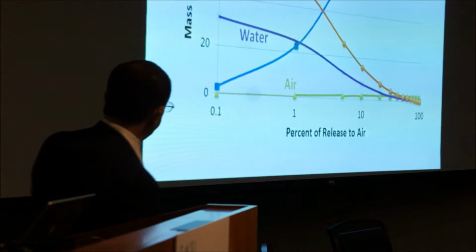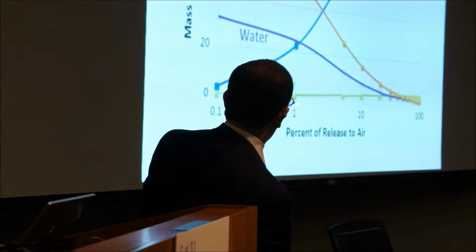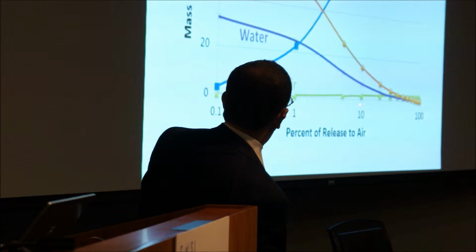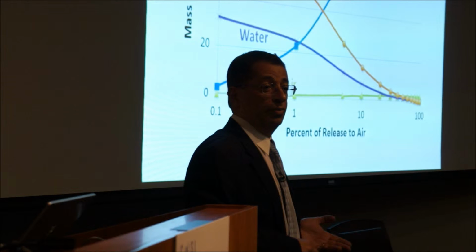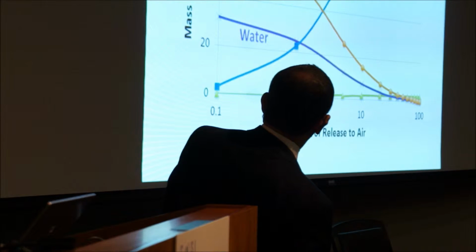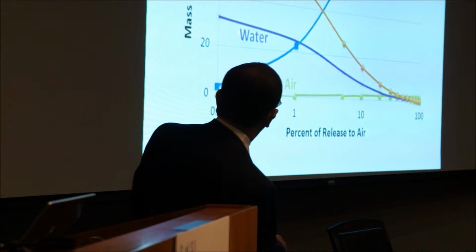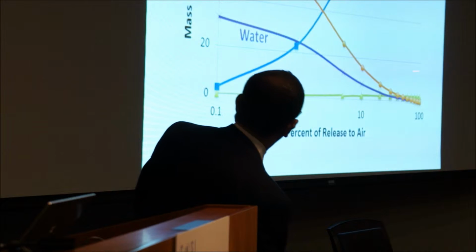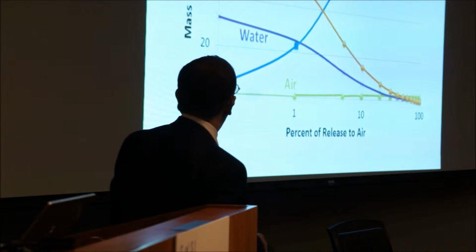which is, again, important for assessment of their impact. You can look at their distribution as a function of emissions. Now, this is kind of interesting, because it says, even when 10% of the emissions, in this case TiO2, is to the air, 60% of the total mass will be in the soil. Which means that you really have to go to a very low level of emissions before you can say that there isn't a significant impact on the soil. And you can see in the water in here, of course, here the emissions are distributed between air and water, so you can see as we decrease the emission in air, of course, the concentrations in water will decrease in that level.